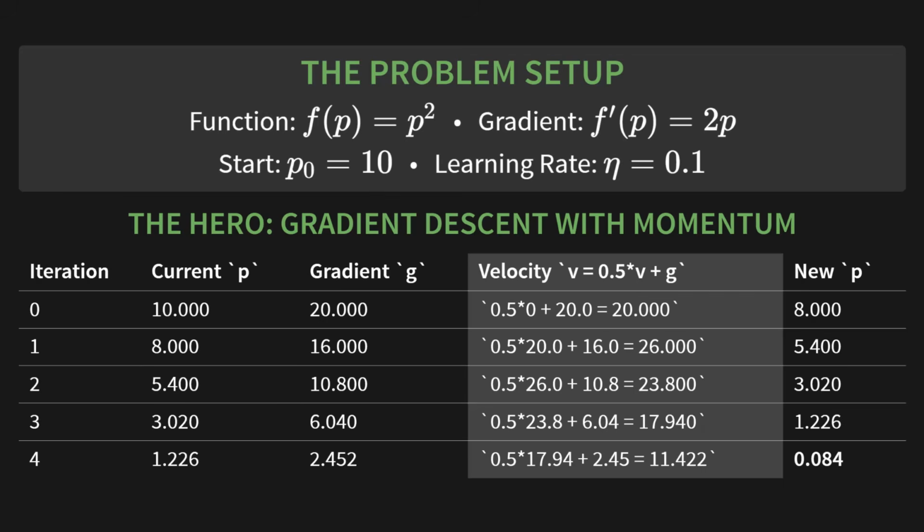That gives us a huge velocity of 26. We take a much bigger step and land at 5.4. Let's do one more. At p equals 5.4, the gradient is 10.8. The velocity becomes 0.5 times 26 plus 10.8, which is 23.8. You can see how the velocity is carrying over strength from previous steps. By iteration 4, we're already at